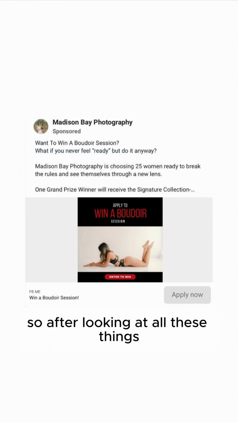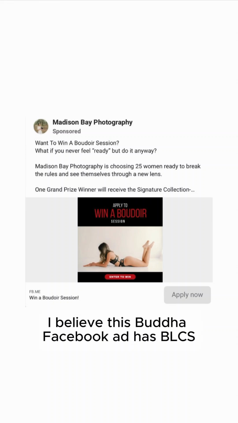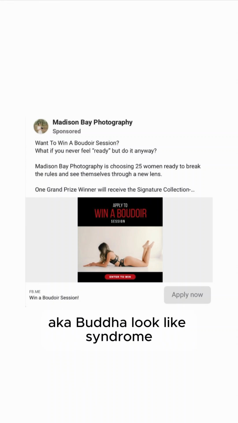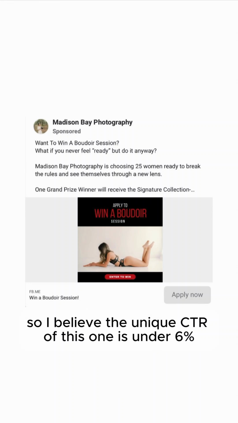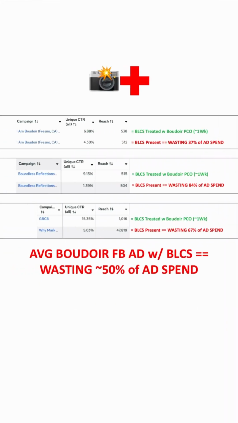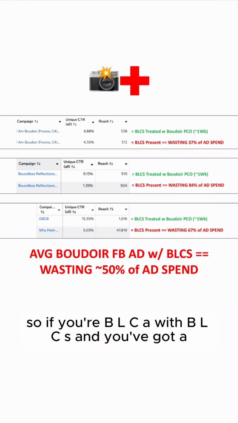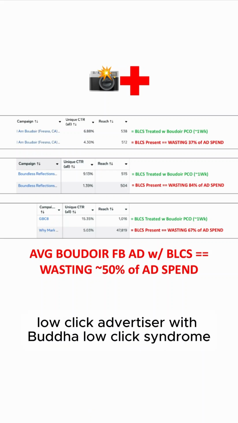So after looking at all these things, my diagnosis: I believe this Boudoir Facebook ad has BLCS, aka Boudoir low click syndrome, aka a unique CTR under 6%. Yes, I do. So I believe the unique CTR of this one is under 6%, and it can be solved though. So if you're a BLCA, a Boudoir low click advertiser with Boudoir low click syndrome,